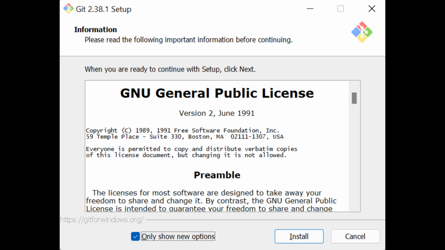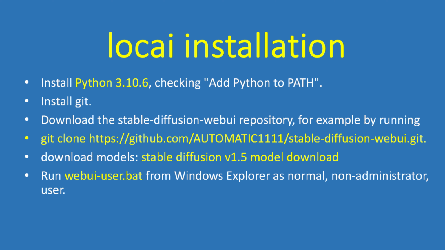After installing Git, you need to execute the git clone command to download the Stable Diffusion WebUI to the corresponding directory of the local machine. Git clone https://github.com/automatic1111/stable-diffusion-webui.git.